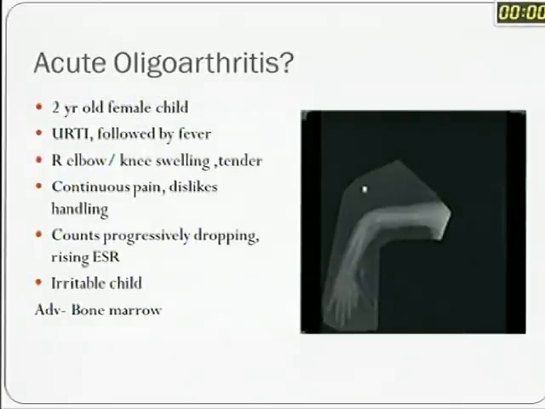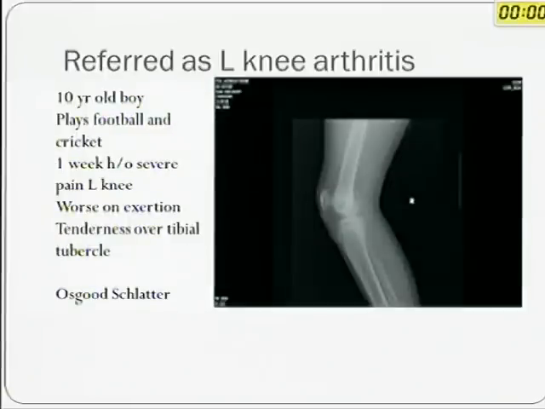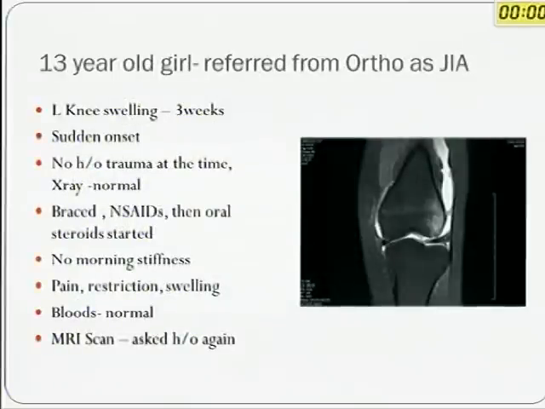So just look at a series of patients who presented with single joint pain and swelling and see what came of them. A 2-year-old who had a very painful elbow, sick child, febrile, won't let you touch. This is periosteal reaction, periosteal expansion, low counts, the child has leukemia. 10-year-old, this you will see plenty of, sporty child, painful knee. He was sent to me as an arthritis. He just had tenderness over the tibial tubercle, classic Osgood-Schlatter, back to the orthopedic surgeon.